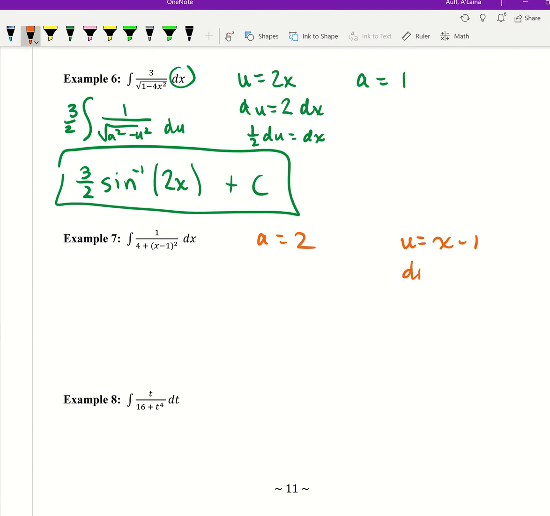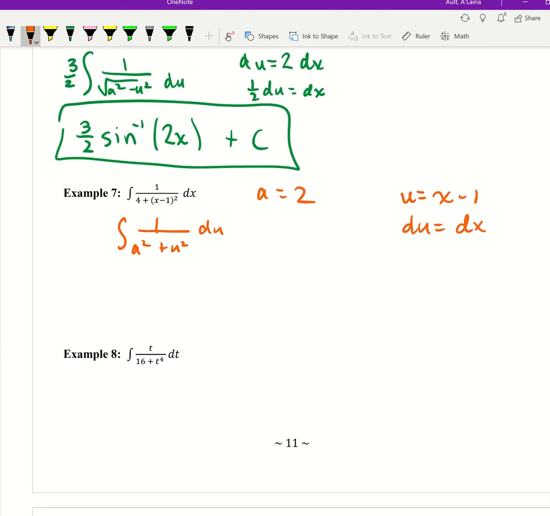You do want to do u substitution, or at least think about what it would do. In this instance, there's no changing of the constants. So this could be replaced by the integral of 1 over a squared plus u squared, and dx can be replaced with du. I'm just doing this to make sure I've not missed anything, such as maybe how constants might change in u substitution. So then this would be 1 over a times the inverse tangent of u over a